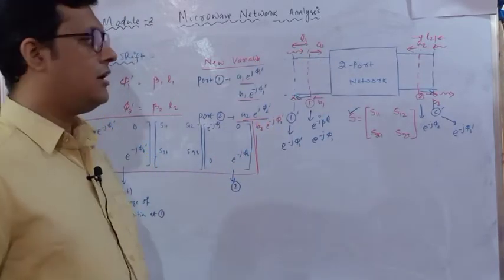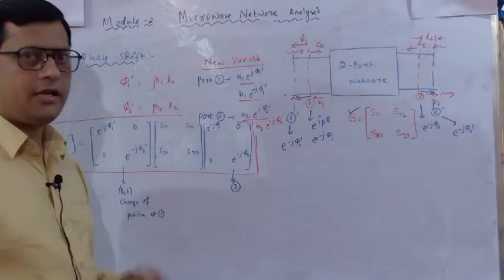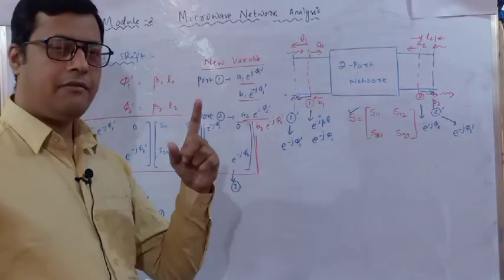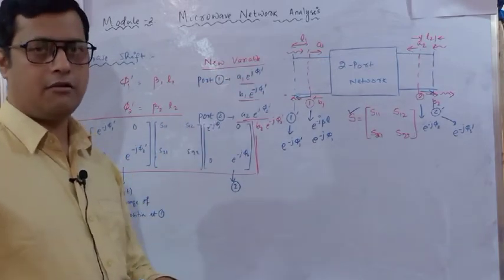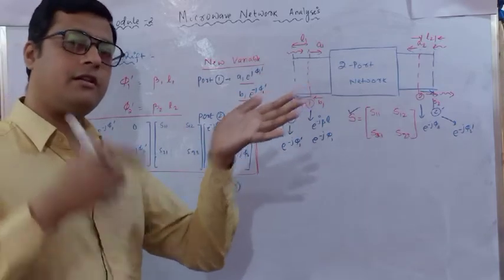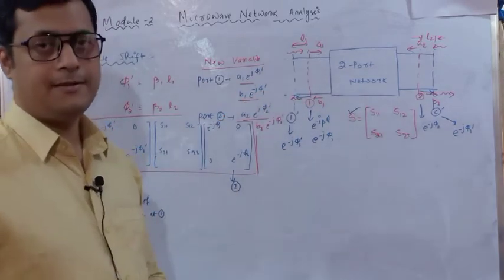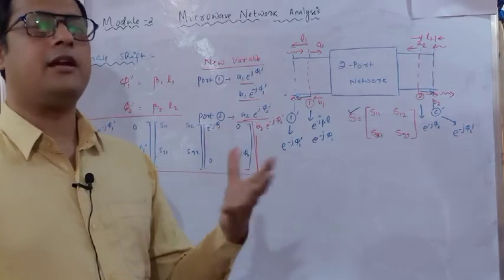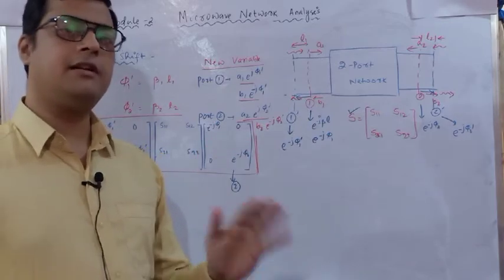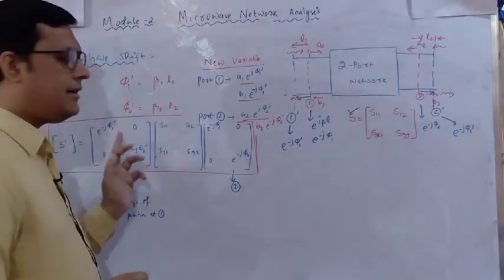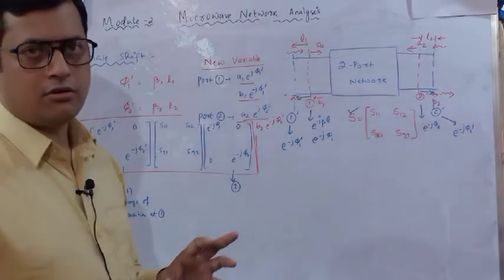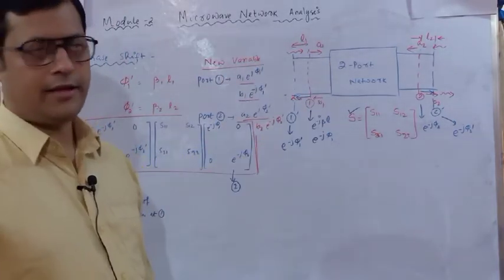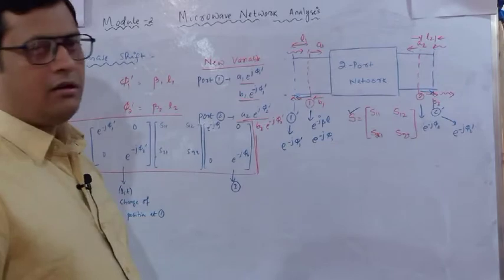Why have I placed this with respect to only S11 and S22? Because here there is a variation. But if I want to calculate S12 and S21, then e to the power j phi 1 dash plus phi 2 dash will come and it will contribute as noise, due to which it is an attenuation factor, and we are eliminating that attenuation factor. So if the elimination is there, then we are considering these off-diagonal elements S12 and S21 both as 0. It is not correlated with each other. It is only with respect to port 1 and port 2. So this is for port 1 and this is for port 2.